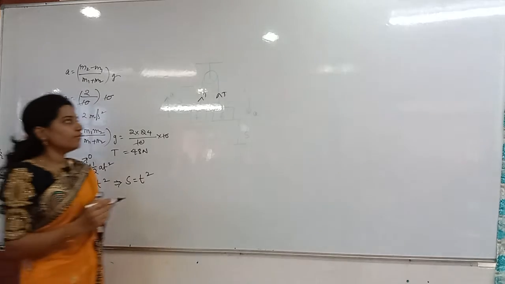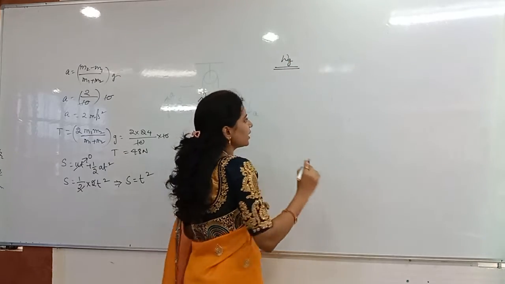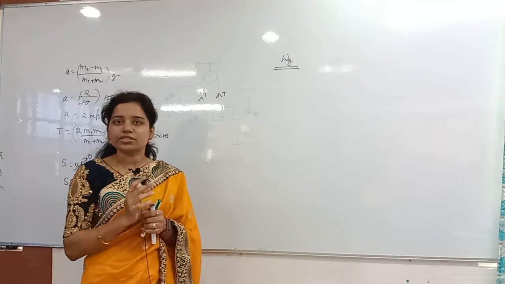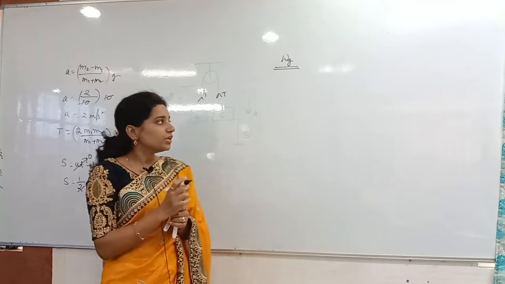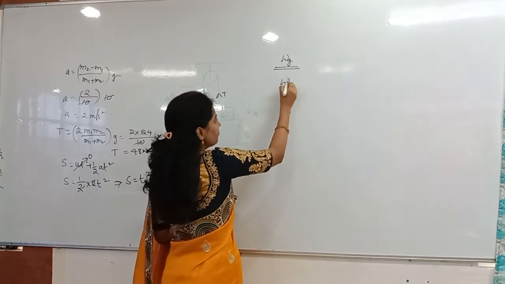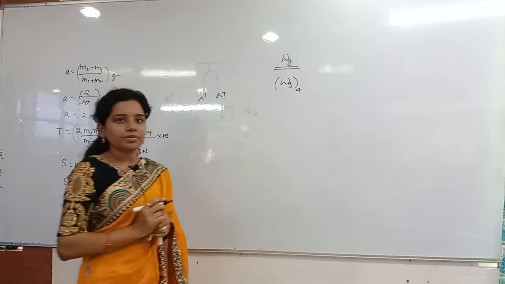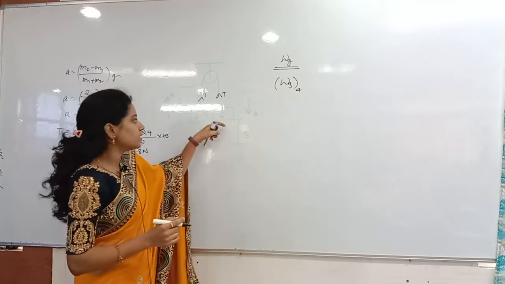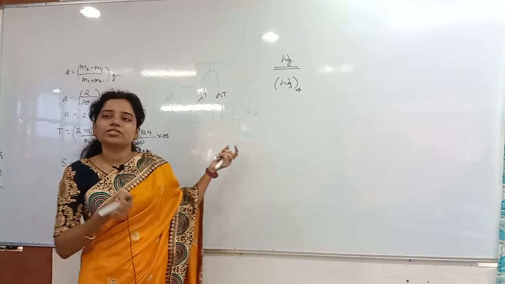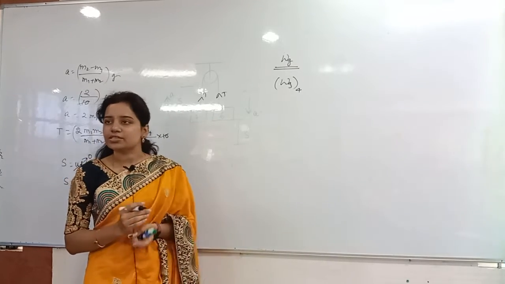For that, first of all I am doing the work done by the gravity. After that we'll do the work done by the tension. Listen properly, this can be asked in theory questions also. So work done by the gravity for the 4 kg block I will take. The 4 kg block is going in which direction? Upwards direction, and this one is coming in the downward direction. I will take the g direction as positive. So 6 I will take as positive and then 4 I will take as negative.